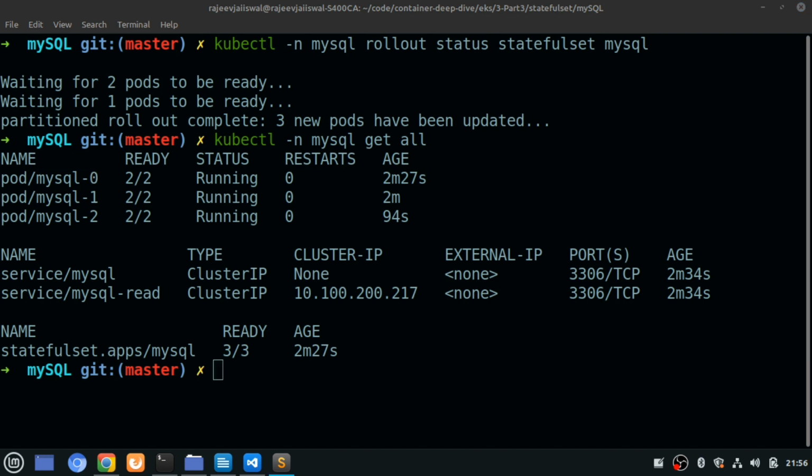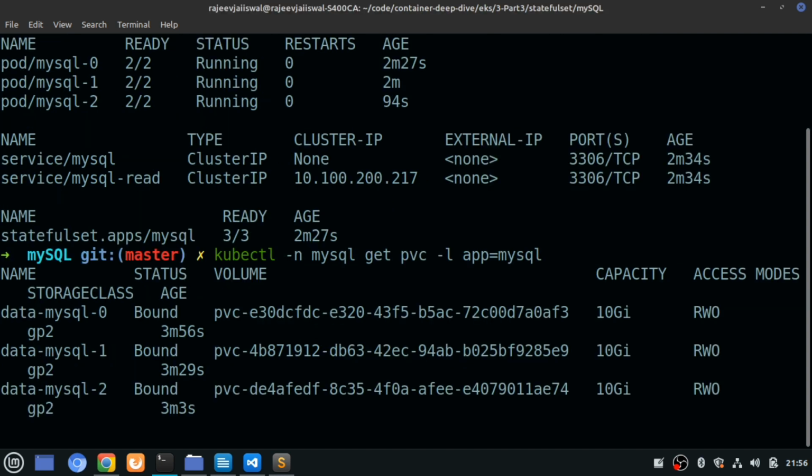Let's see whether the volume which we have attached here is created or not, to ensure that MySQL is up and running. If you see the code, I have already used the PVC there, so I'm just verifying. Yeah, it's up and running. 3 volumes for 3 instances of MySQL. That is, the first is the primary, which is the write one, and the others are read replicas. If you need to write something,